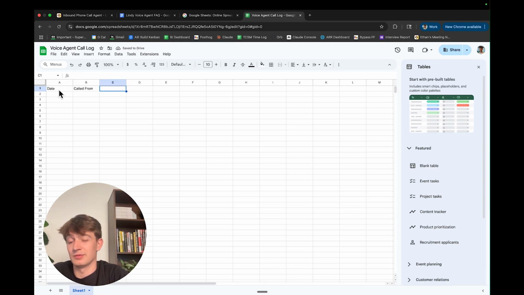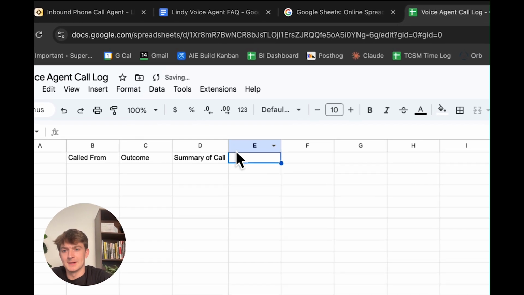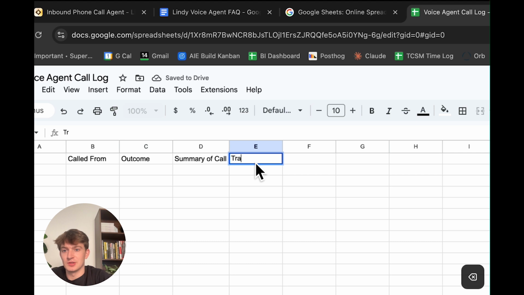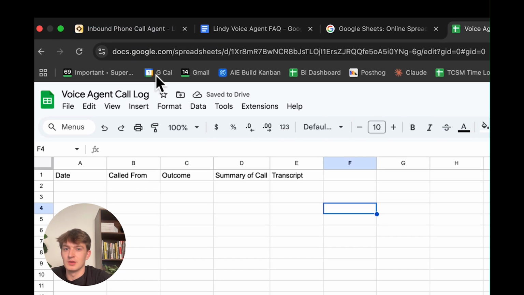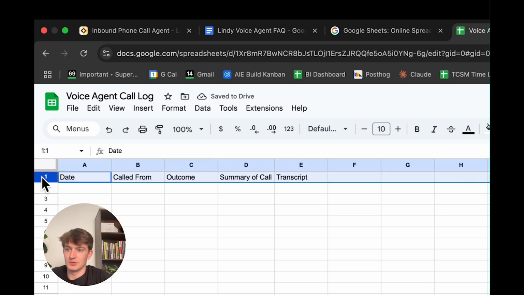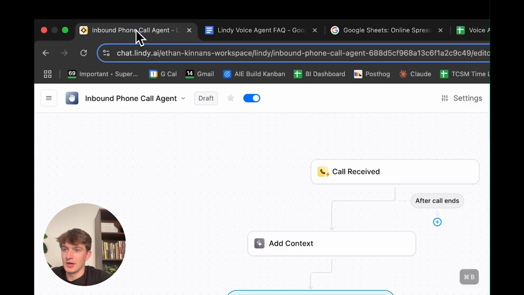What else do we have here? What else is important? Outcome. I think outcome is usually pretty helpful. We could check the whole transcript. We could just add a summary of the call. Why not? Let's just chuck the transcript in there. Okay. So now that we have these things, I'm just going to head back into my voice